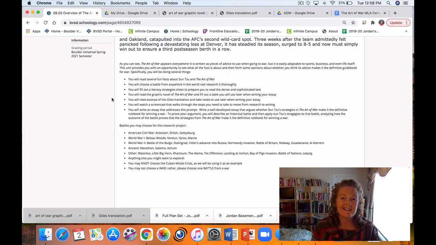So in other words, did the winners of this battle use all the strategies that Sun Tzu suggests in the Art of War? And if so, does that mean that the Art of War really is the definitive guidebook for winning a war? Or did the winners use none of Sun Tzu's strategies? And they still won, which leads you to believe that The Art of War is not, in fact, the definitive